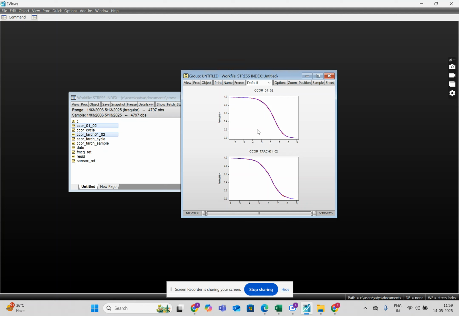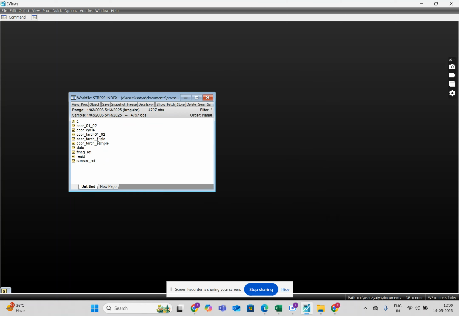So as you can see, in both the cases, the conditional correlation is positive in 100% cases. However, the most probable range in the case of just conditional correlation without TARCH is from 0.45, I would say, to 0.55. However, in the case of conditional correlation on the basis of a TARCH model, it was around 0.49 to 0.59. So the difference is very, very small. However, it is significant. So that is how you do your analysis on the basis of a CCOR TARCH model.